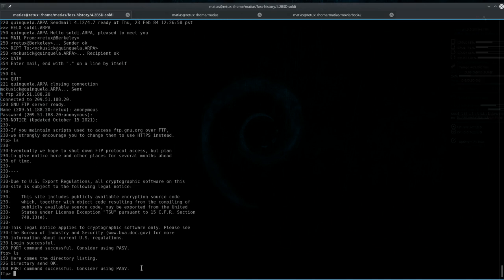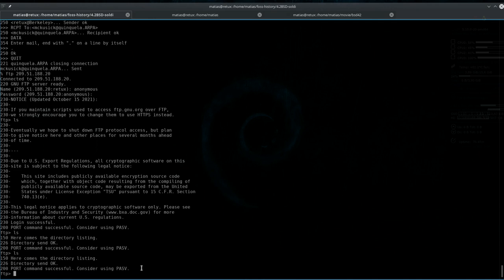It had no passive mode at all. So if we try to list the directory, we cannot get the data because we are behind a NAT router, and that's the reason why FTP doesn't work completely, but we were able to connect to a modern server.